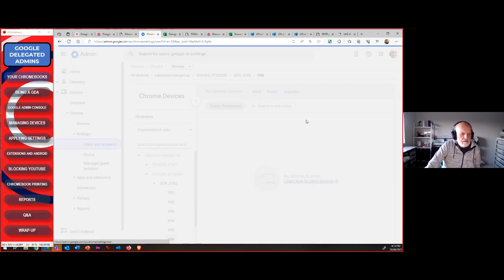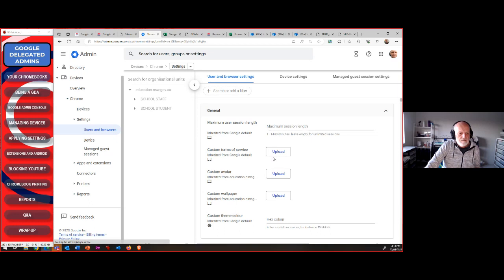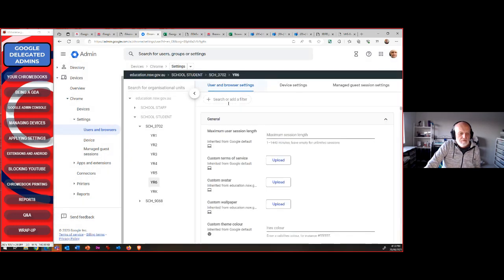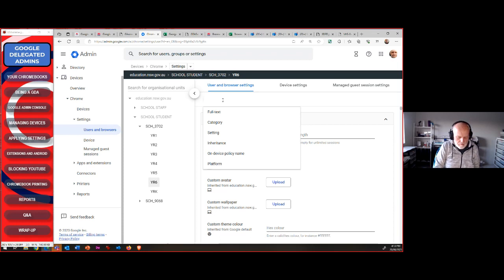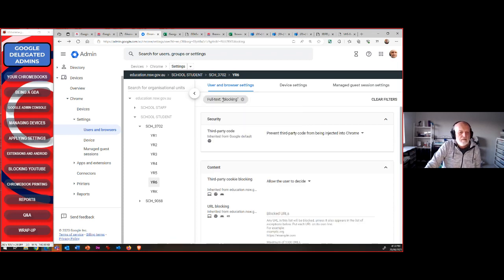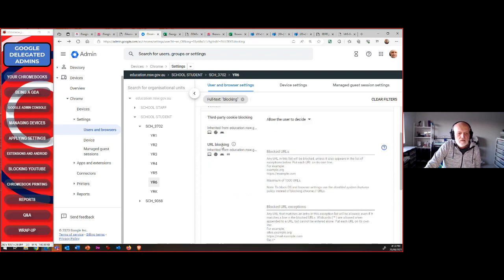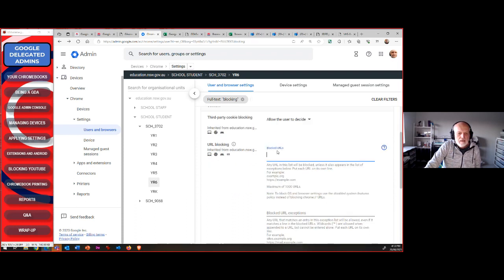what you're going to do is, I told you before, there's a big long list of different things in here. You can actually search for what you're looking for. So if I type in blocking in here and press enter, it'll show me all the different things for blocking. And one of them here is URL blocking. And I can come in here and I can say